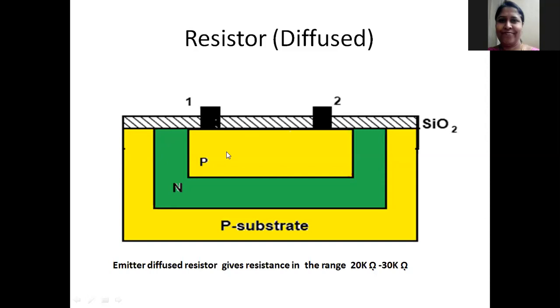Why? Because the semiconductor layer offers resistance, and this resistance will have some capacitance associated with it at high frequencies, which can result in leakage in the diffused structures. So this type of method is not preferred under high frequency applications, but you can get a range of 20 kilo ohms to 30 kilo ohms if you make use of resistors of this type.